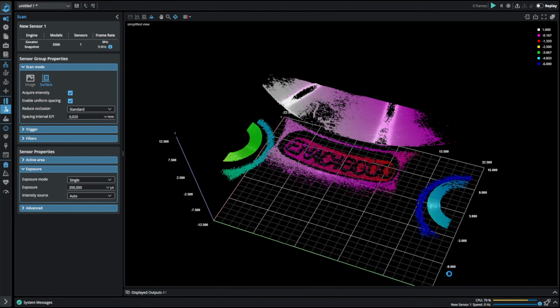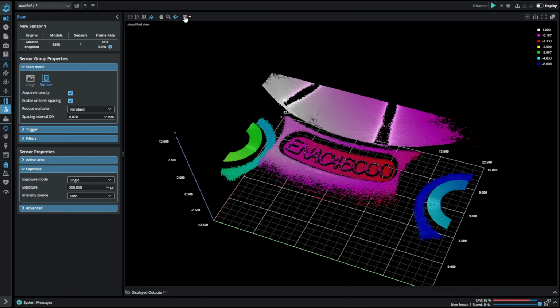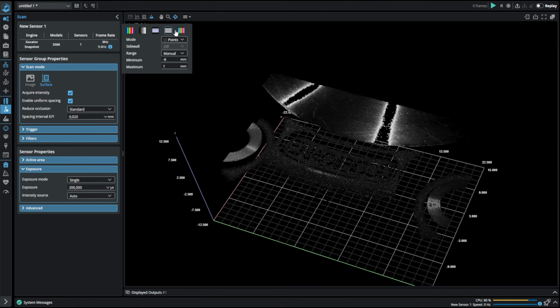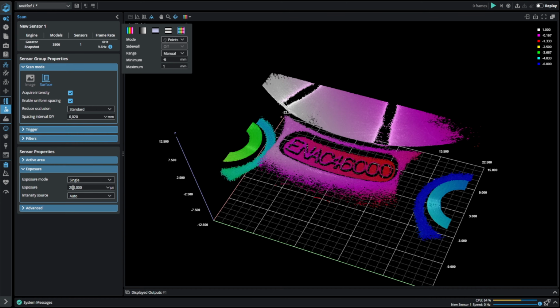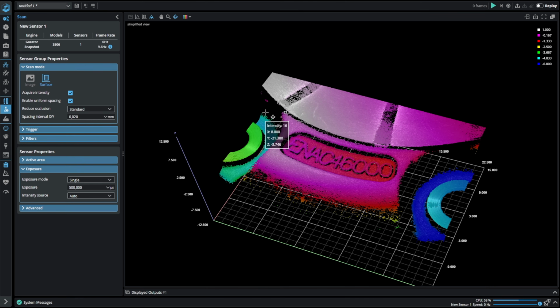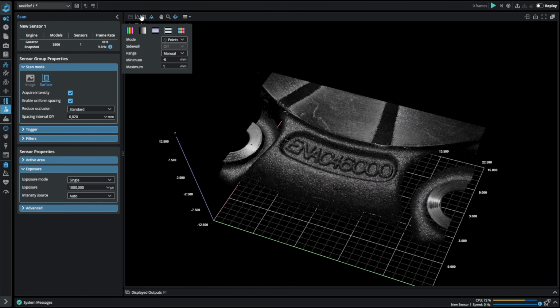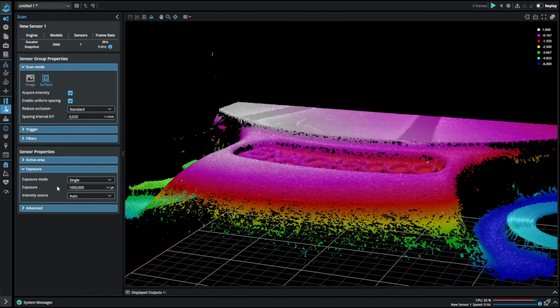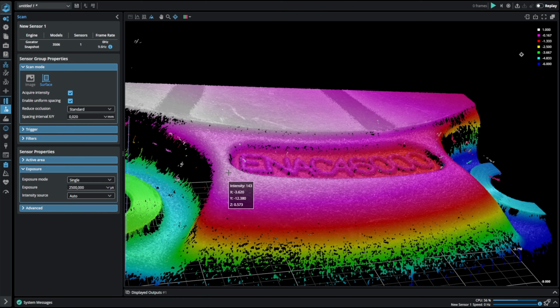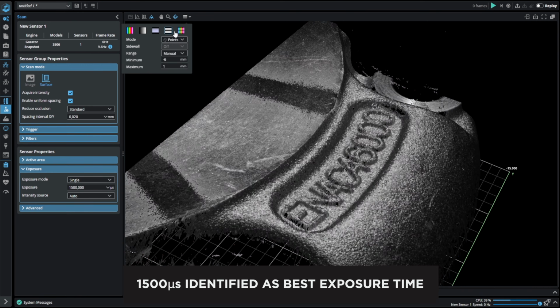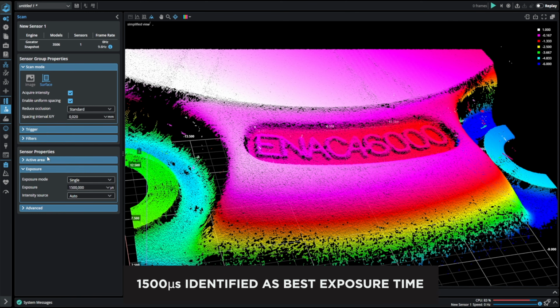Let's increase to 200 microseconds. The amount of the data is better, but we start to see the edge noise. After 200 microseconds, let's move on with finding the best exposure by increasing the parameters and reviewing the data. Based on our experience, the cycle of increasing and decreasing the exposure time depends on the complexity of the scanned surface. The aim is simple: find the best exposure time. As we have defined it with the previous steps, the exposure time of 1500 microseconds gives us the best overall